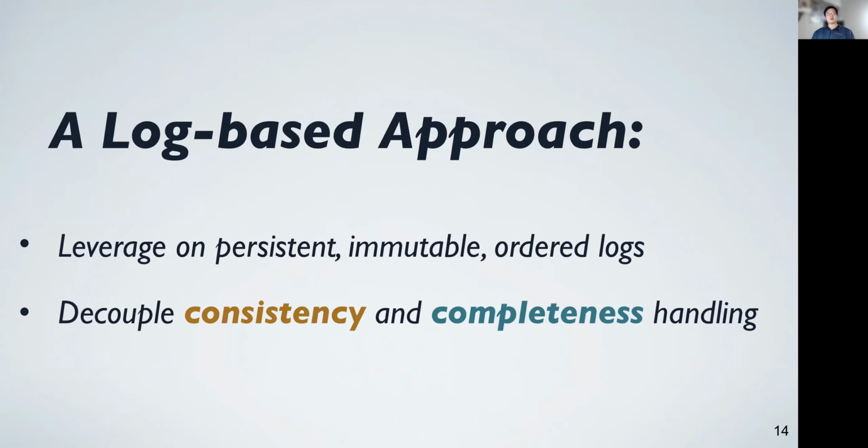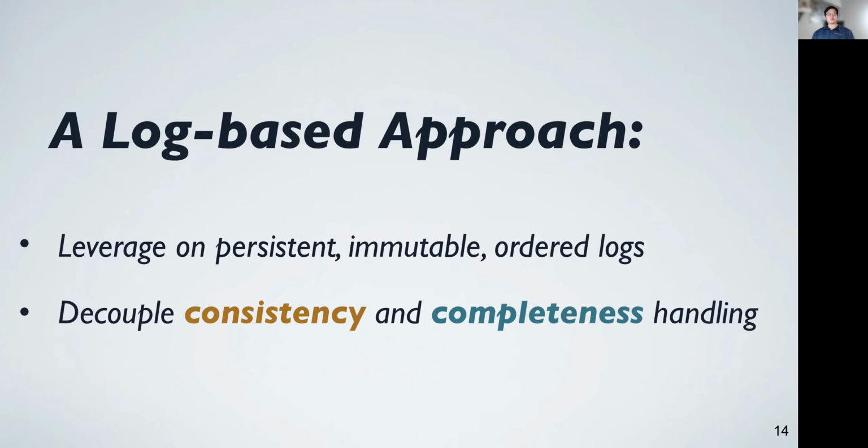And in our paper, we presented a log-based approach that Kafka employs to tackle these challenges and pursue correctness guarantees, which is to fully leverage the persistent, immutable, and ordered Kafka logs as both its storage layer as well as its communication channels between distributed processors. Since records sent to Kafka are durable and can be considered as a source of truth, we can have a lightweight transactional mechanism to autonomously failover to achieve consistency.